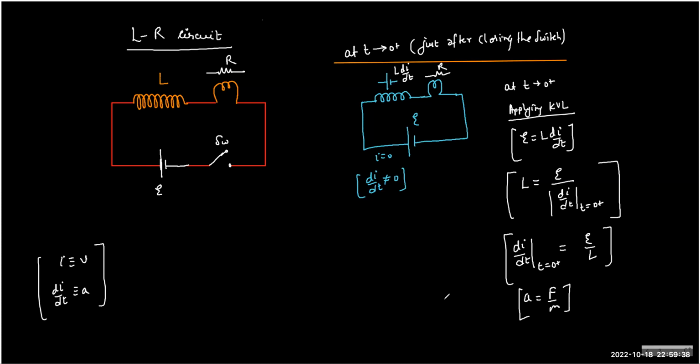So what do we say? Because at t equals 0, the inductor is not allowing any current to flow through it. You can say it is behaving as an open circuit, isn't it? Because only in an open circuit we don't have current. Do you realize what I'm saying? Yes, sir. So as a note, we must write here